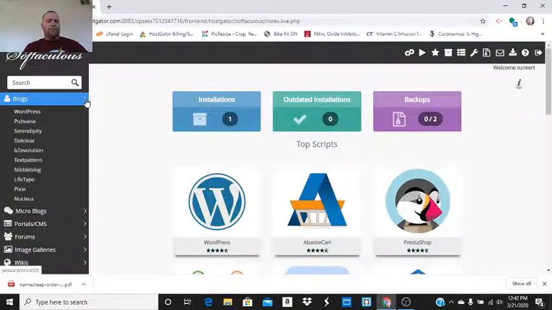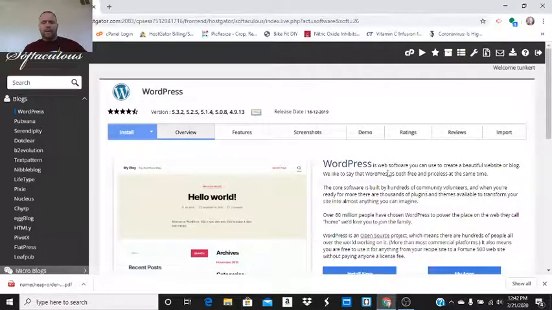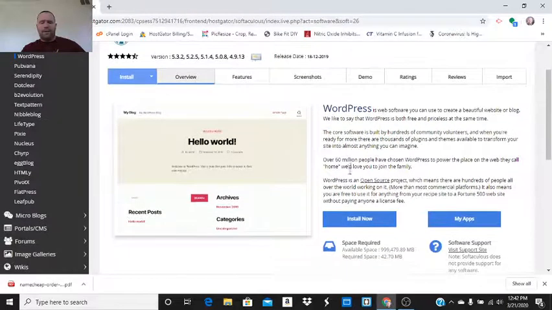And you can see WordPress is right here. But you can also look at the blogs, go click on WordPress. Okay, WordPress is a website. Create a beautiful website or blog. Random Tim's a beautiful blog. We'd like to say that WordPress is both free and priceless at the same time. Great. Okay, I'm going to click on install now.